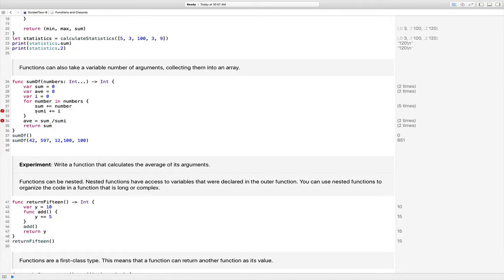That would be great if some of these errors would go away, but I'm not sure that they're going to. So what it's going to say here is